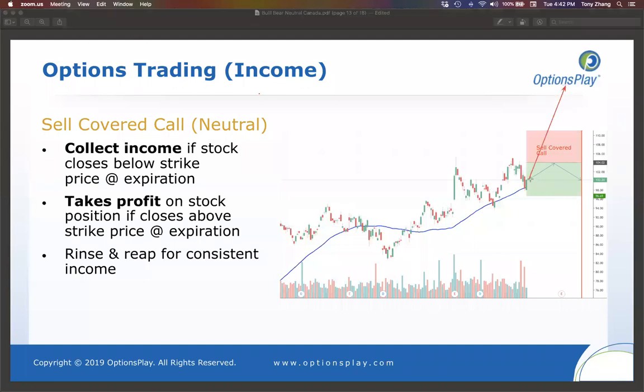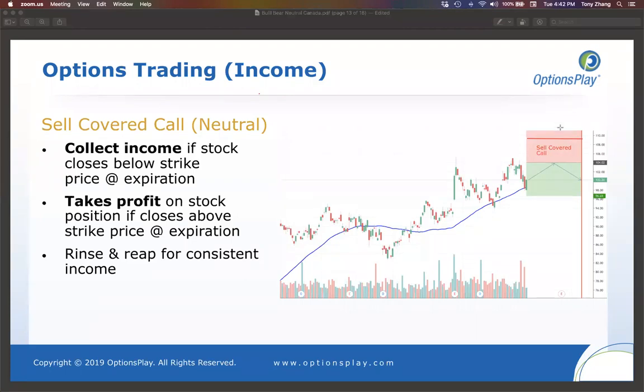What happens if you're holding onto a stock and you think it's just going to move sideways for a little bit of time? Maybe you think it's going to go higher in the future, but for now you think it's just going to stay sideways. What can you do? Covered calls allow you to generate income as long as the stock stays within a certain trading range. So what you're effectively doing on a $100 stock is selling a strike price above the current price. Think of it as placing a limit order somewhere up here,